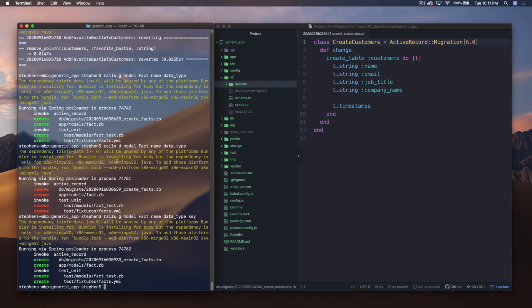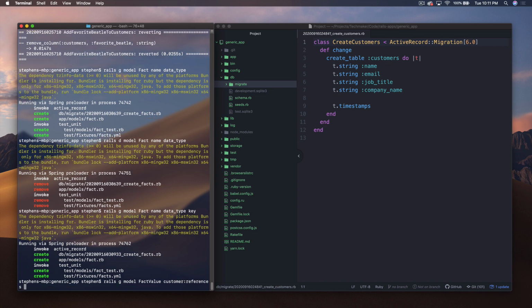So what we'll do is do something like this. We'll say Rails G model and we'll call it a fact value. And I need to tell it that it references the customer. It references the fact. And it needs to store value. So you can store it in a field called value. I tend to use a field called data. So you have like